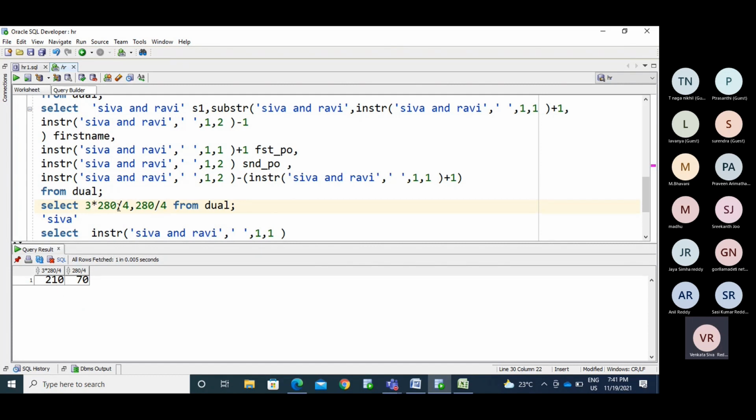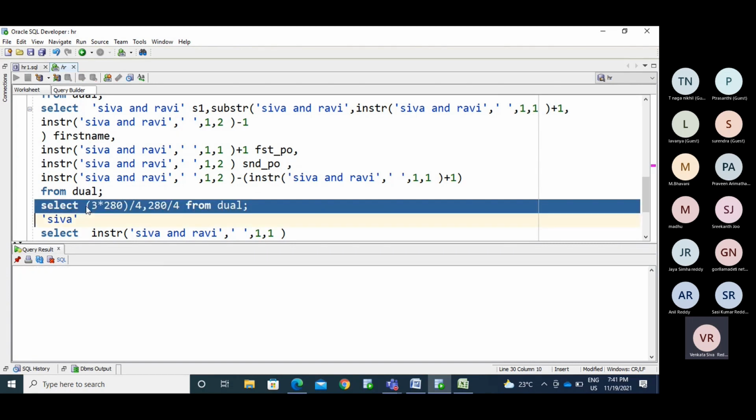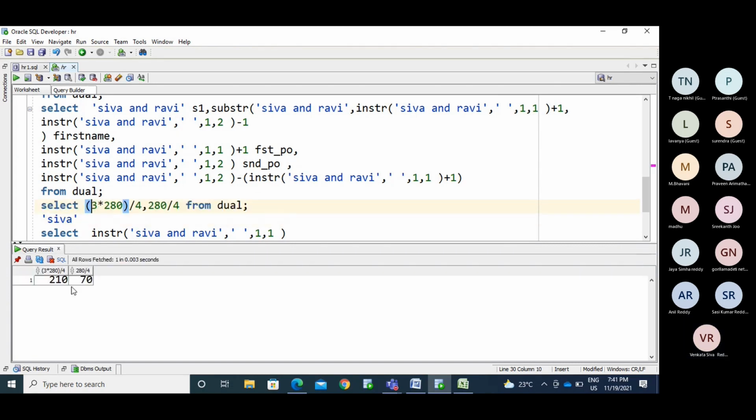Now if you do it a different way, first you perform this multiplication and divide it by 4 for that, so you are getting the same value. Actually, if you do it like this, there is some value difference here. I'm not getting the exact value. So here, first you need to perform this multiplication first and perform the division later.